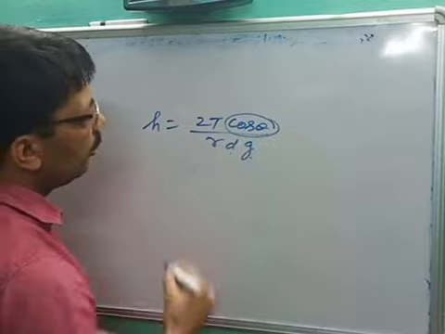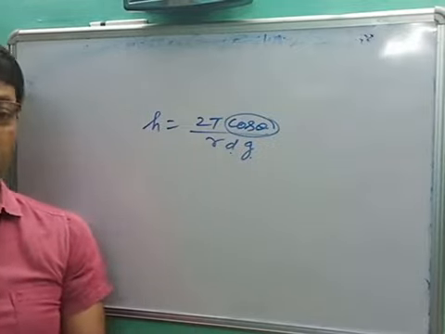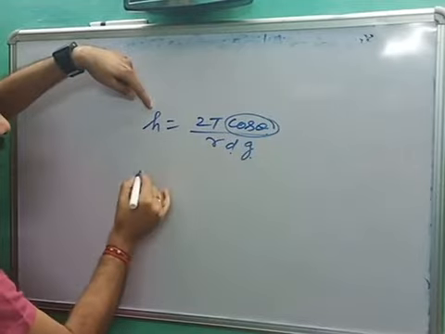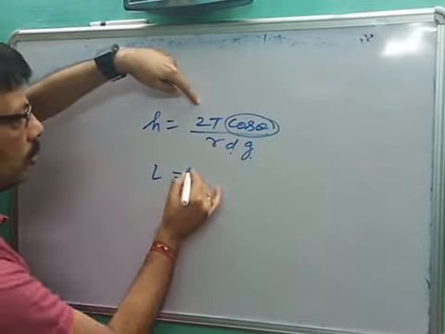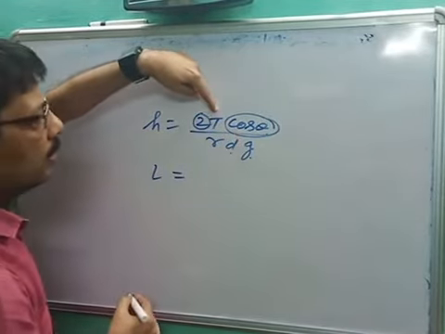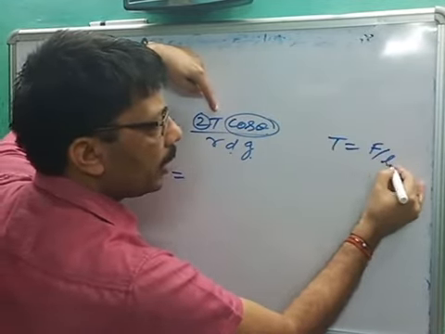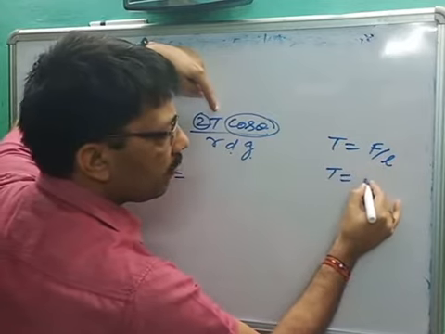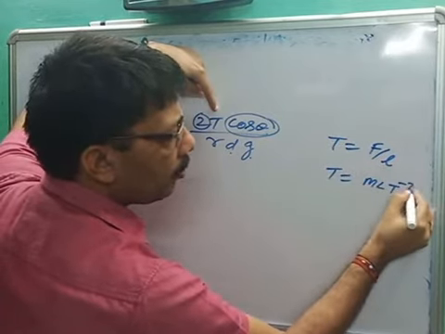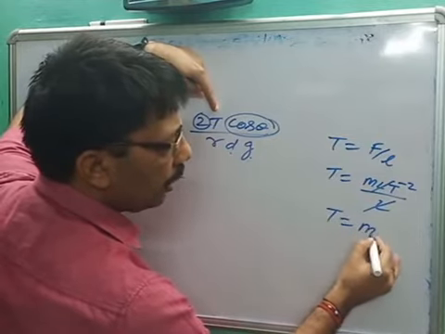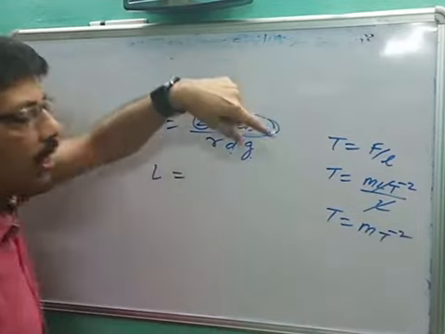Cos theta, you better know, cos theta is equal to base upon hypotenuse, they cancel out, it is a dimensionless quantity, so we have to check it. H for height, for length, is equal to 2, which is not a physical quantity, t for surface tension, and you better know surface tension t is equal to F upon L, so t is equal to F for ml t to power minus 2 upon L will cancel out, t is equal to m t to power minus 1, already taught.